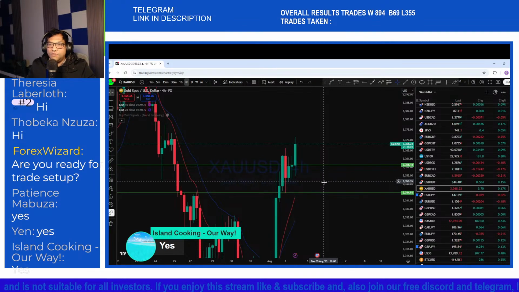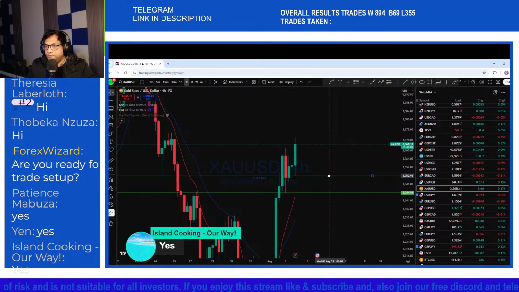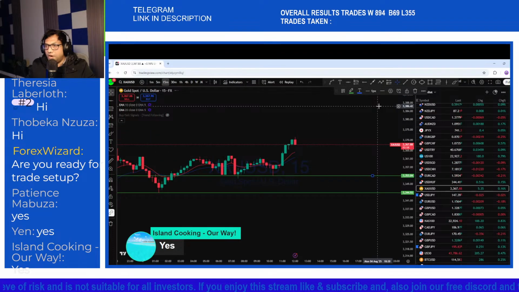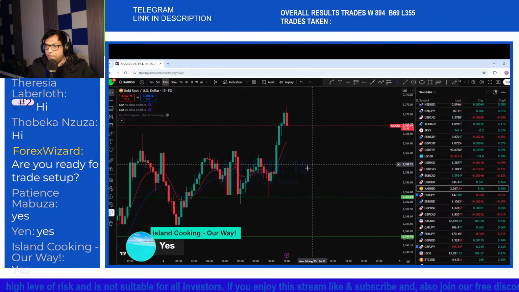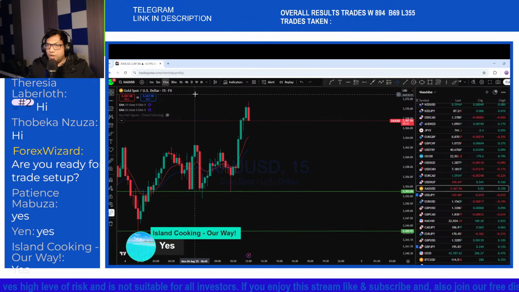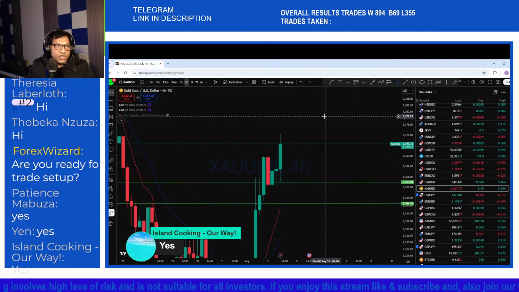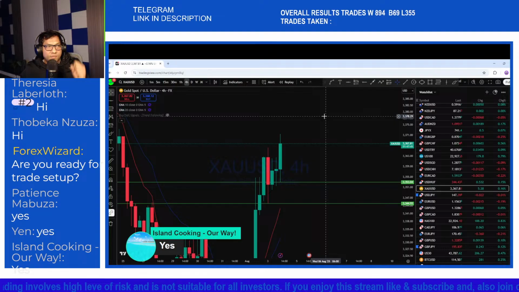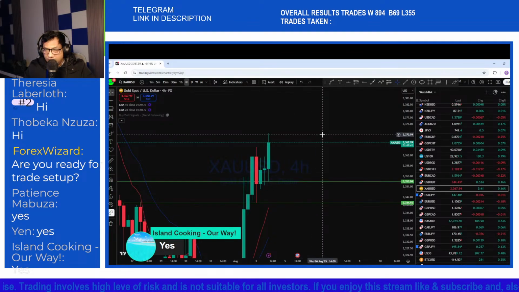Now if this market drops to this key level on the 4-hour time frame, we will be looking to observe the price action on the 15 minutes to see if it is breaking below this support level. Guys, this is a very important point that I am discussing, that might change the way you look at the market. That's going to completely change your perspective in the market.